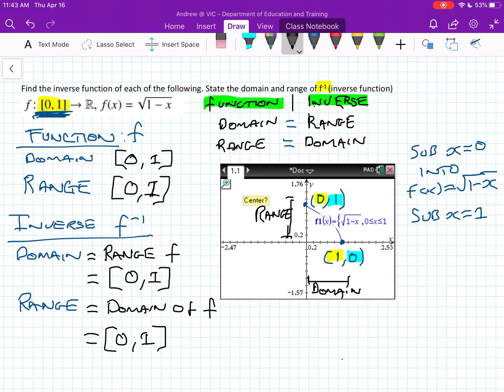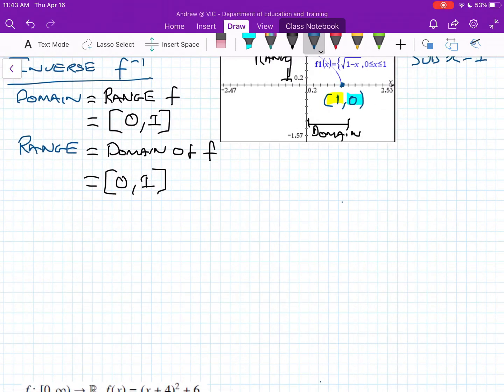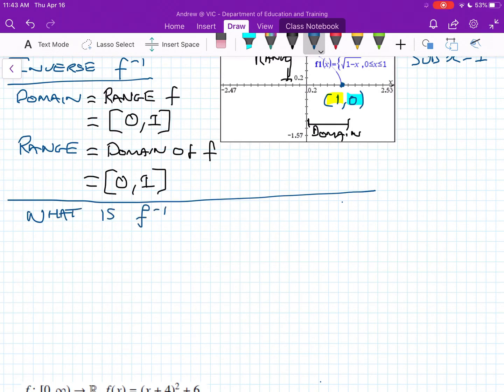Okay, so now we've worked out our domain and range, we need to actually work out what the inverse function is. Okay, hopefully I've left enough room down here. I think so. So, just got to do this. So actually calculating or figuring out what is f to the negative 1. Okay? So this one here, all you need to do, first always state this. To find inverse,